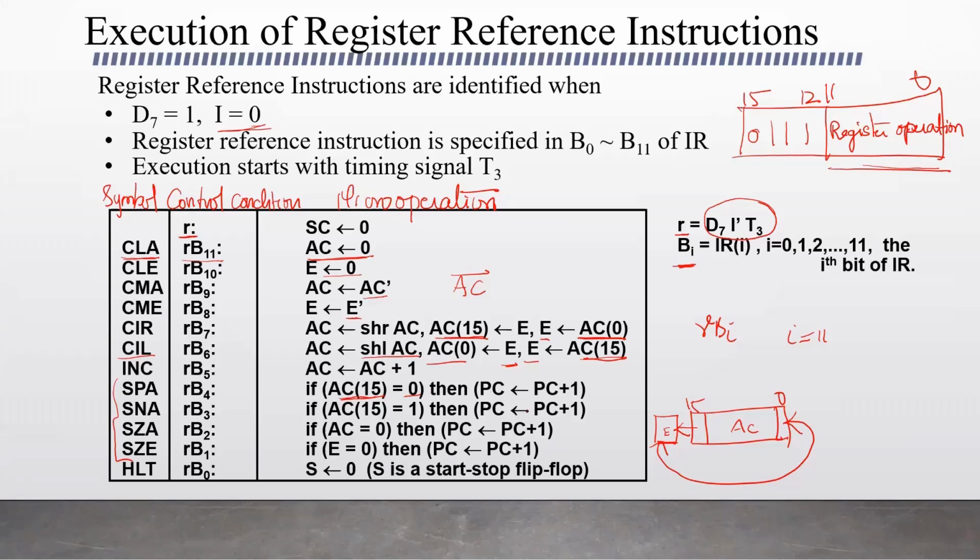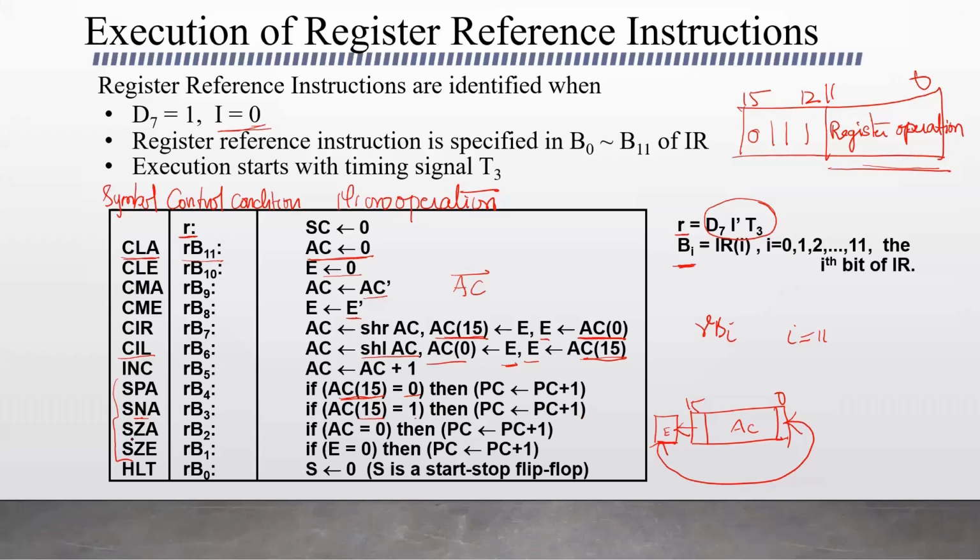How do we represent that skip operation? By just incrementing PC by 1. So it will not point to the next instruction that needs to be skipped. It will be incremented and it points to the next operation. And skip if the accumulator is negative. SNA is if the accumulator is negative. So we check the 15th bit of AC. If it is 1, we increment PC by 1.